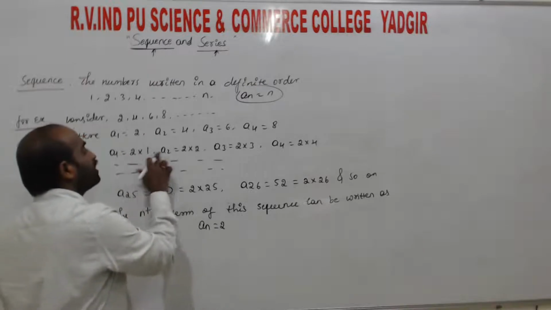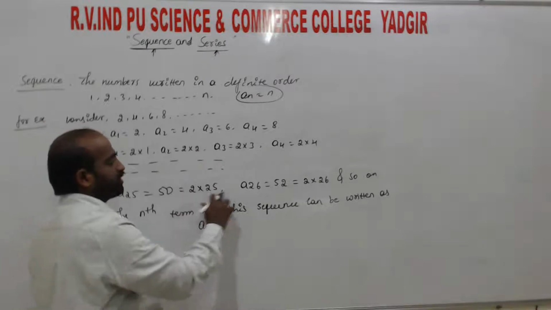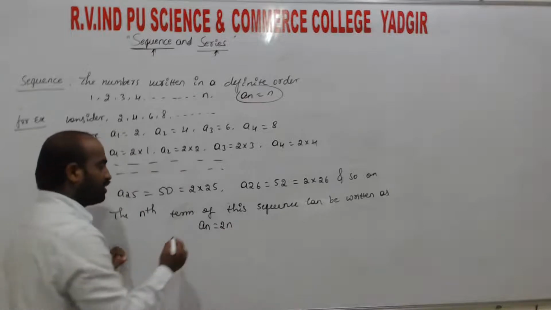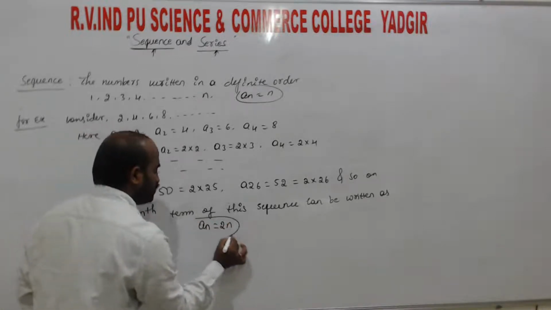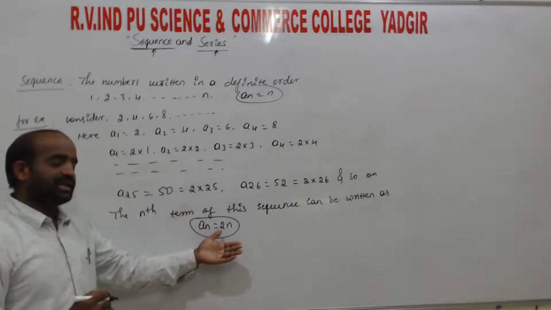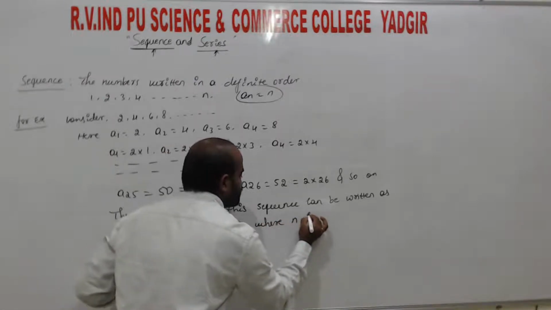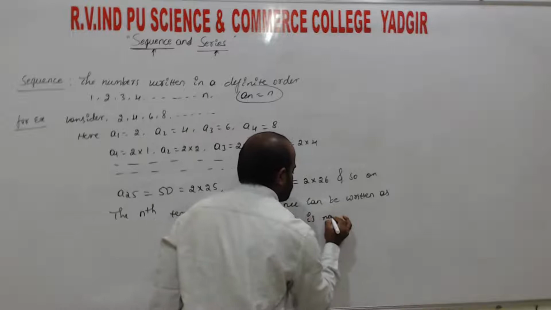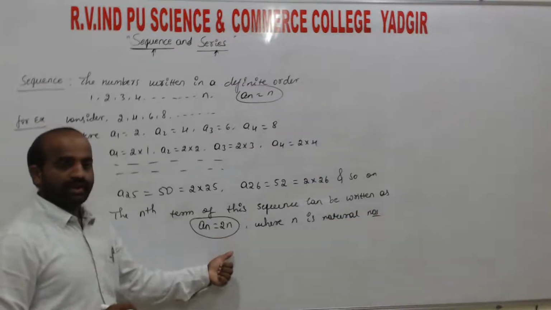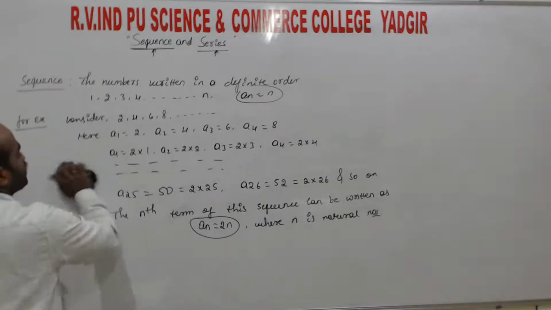Now 1, 2, 3, 4, 5, 6, next 25, 26, and so on. This means the nth term of this sequence can be written as an equal to 2n, where n is natural numbers. Next, we will consider